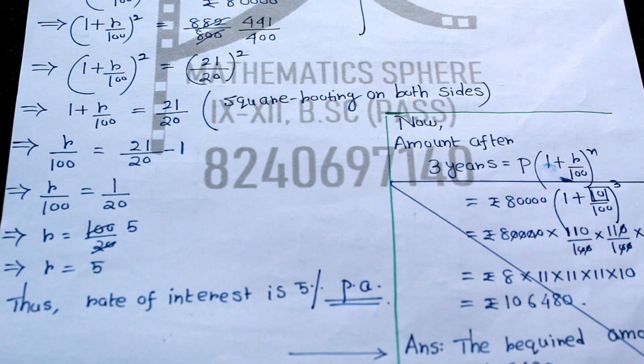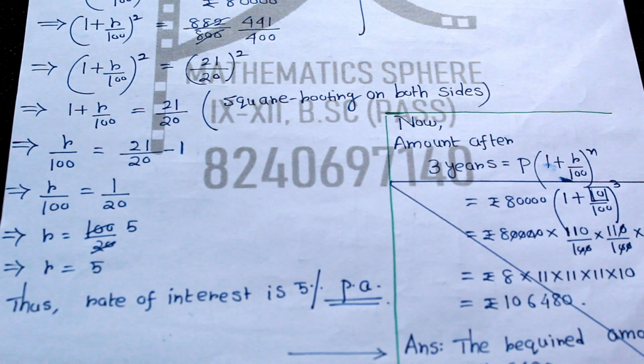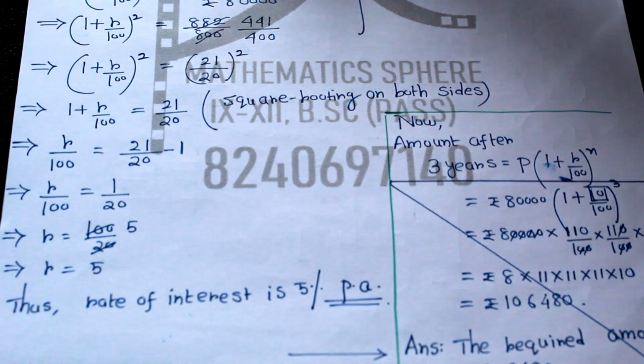Same question, everything is same, just what is the difference? There you were given x and it will become 25 by 16x, as if you consider it 100 and 25 by 16 into 100. But in this question you are given the principal and the amount. Same question, nothing different is there, so you will solve it by yourself. Okay, next let us see the next question.